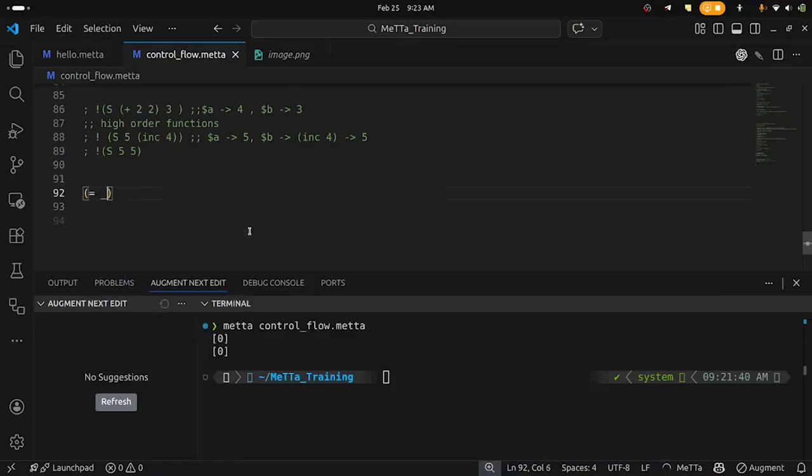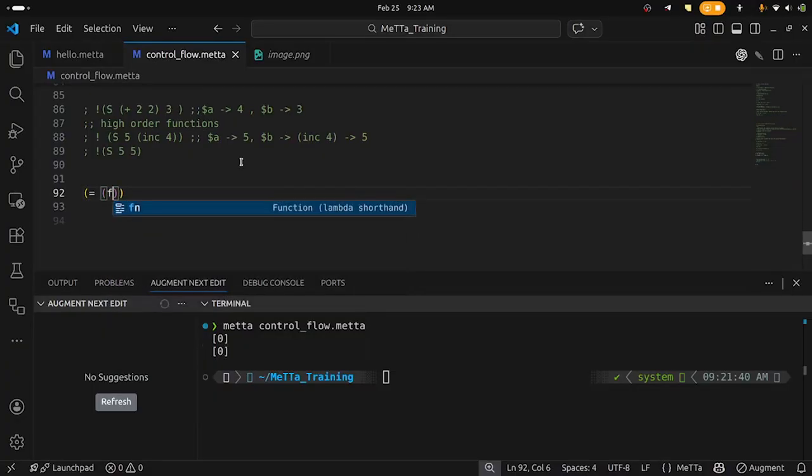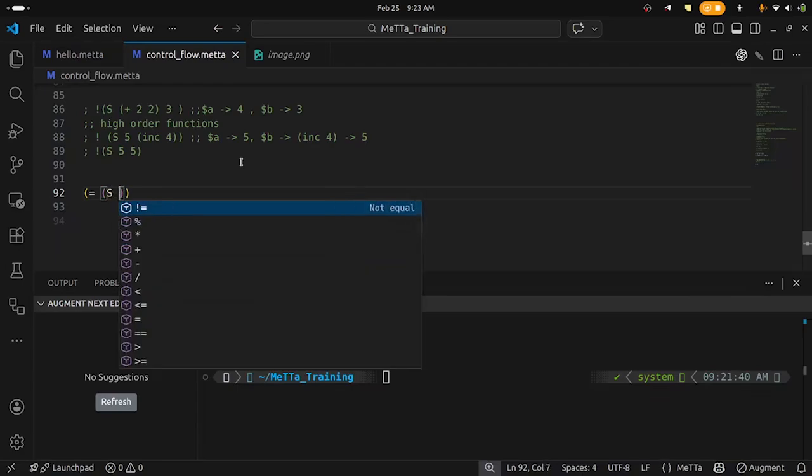So the first thing, for those of you who came late, is defining the function name. So we have a function called S. Then we are going to pass